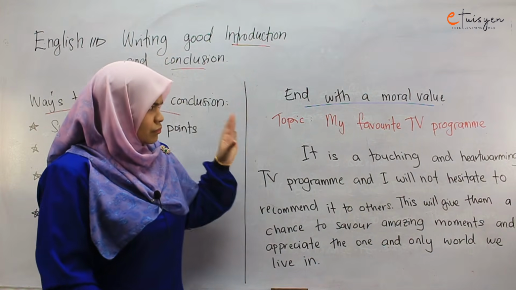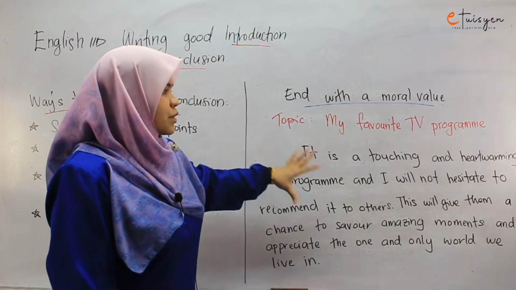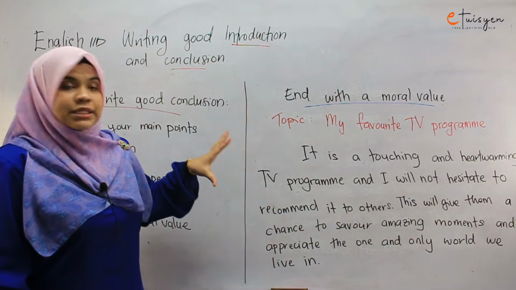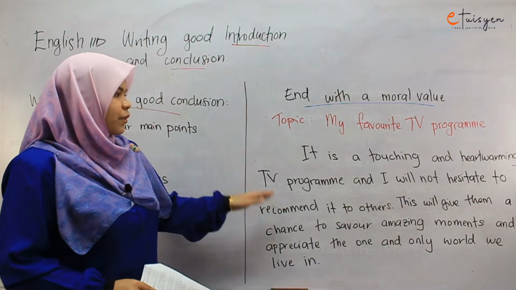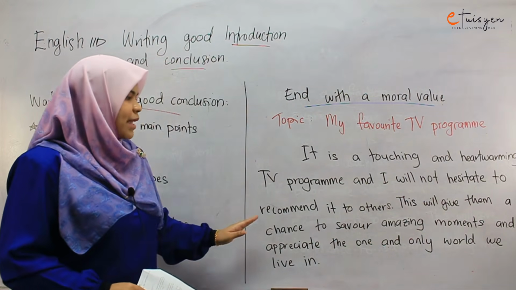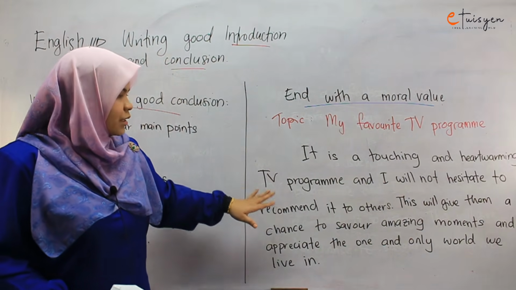Okay, so this way is ending with the moral value. So the example is saying here, so it ends like this: it is a touching and heartwarming TV program and I will not hesitate to recommend it to others. Now I need to make a disclaimer here. So if you can see,